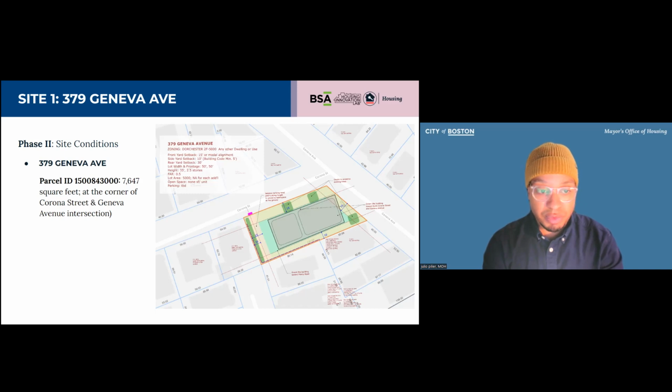I think when we're looking at these particular sites, we do want to make sure that the buildings that we're considering, I think one of the things that you've heard all night is innovative designs and innovative materials. And we want to make sure that that's something that applicants are considering when they're putting together their proposals, and making sure that they're maximizing the possibilities of the sites, including incorporating setbacks, open space buffers, and then, like I said, preserving mature trees on the sites.